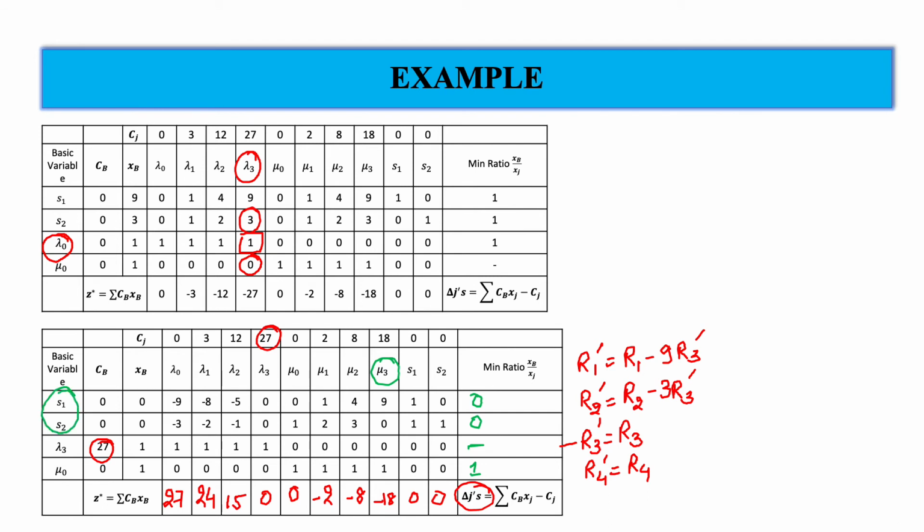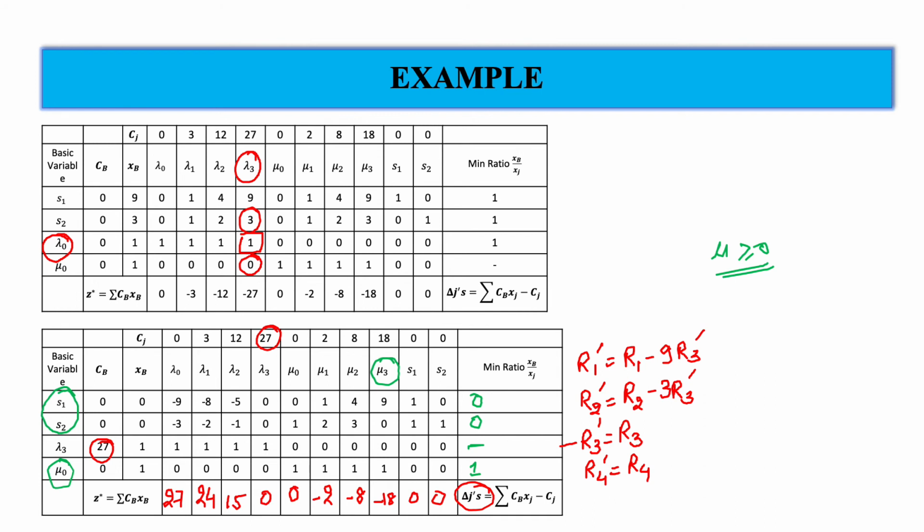So if we are entering mu3, and mu naught is already there, that means either variable, s1 or s2, can be removed. And if mu3 is coming into the basic variable and mu0 is already there, then mu0 and mu3 are not adjacent, so it is not possible. We have seen that the mu's should be greater than 0 and they should be adjacent, but mu3 and mu0 are not adjacent, so we can't enter mu3 in our basis.